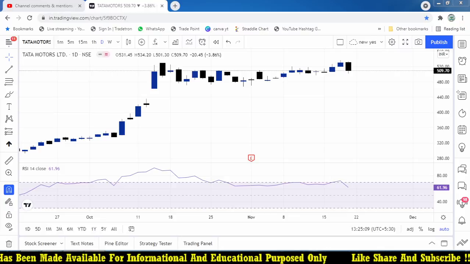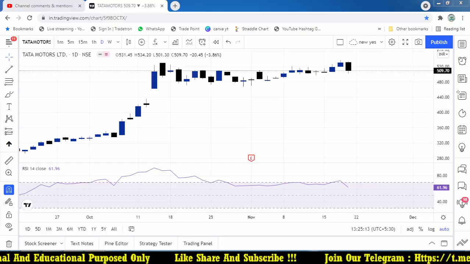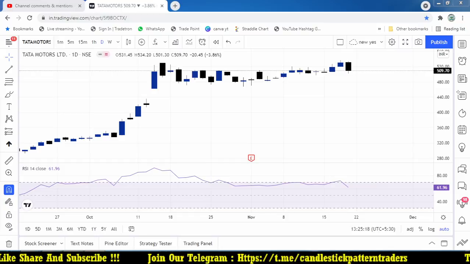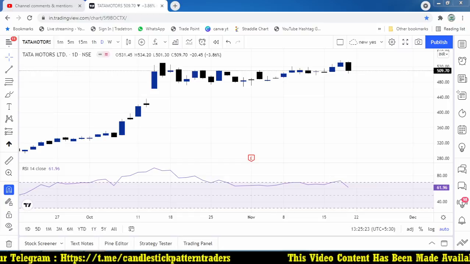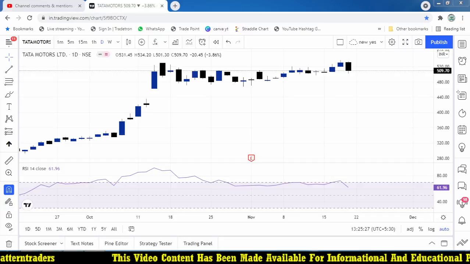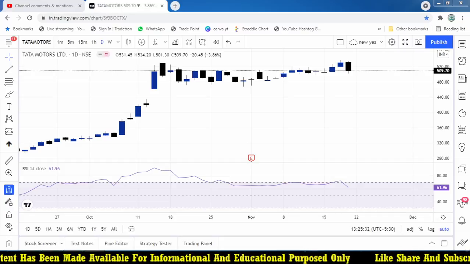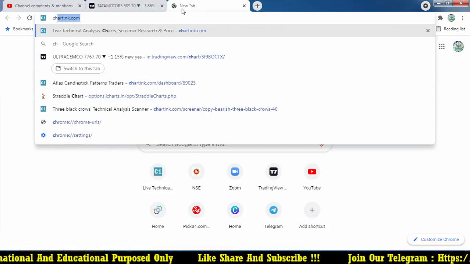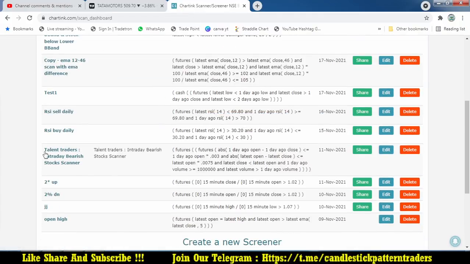So when we are doing it in the live market, the main importance and the main issue is tracking. What are the stocks which are forming the correct pattern, whether it is going up or down? That is a very important thing if you are finding it out, because that will make your trade easy. With the help of a charting website I was doing well, because that charting website is providing me the alerts as well as the scanners. The scanners which I make one time provide me a lot of things.